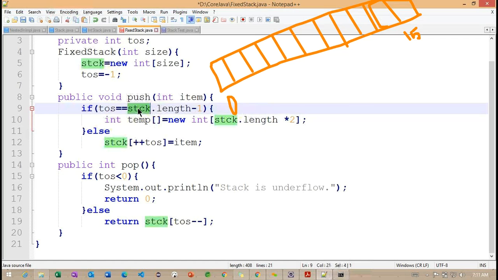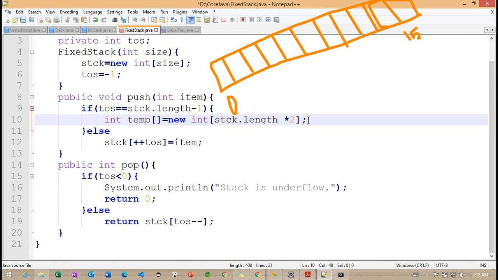Because we were already inserting the data into this stack. Now what happens internally? This stack is filled, so we cannot insert one more element into this stack. Whenever we try to insert one more record, we cannot insert because the size is filled. So in that case, we created one more array.